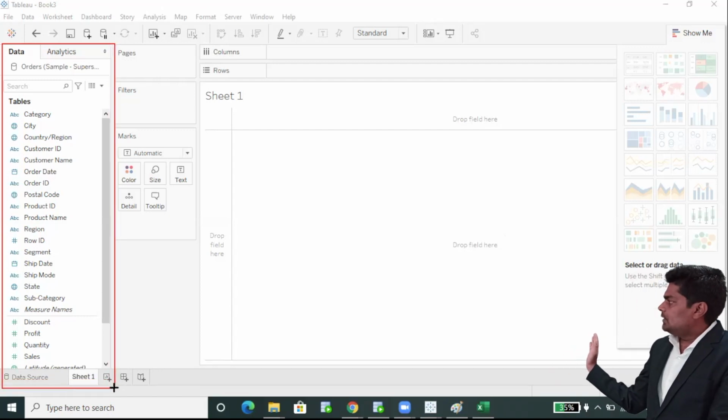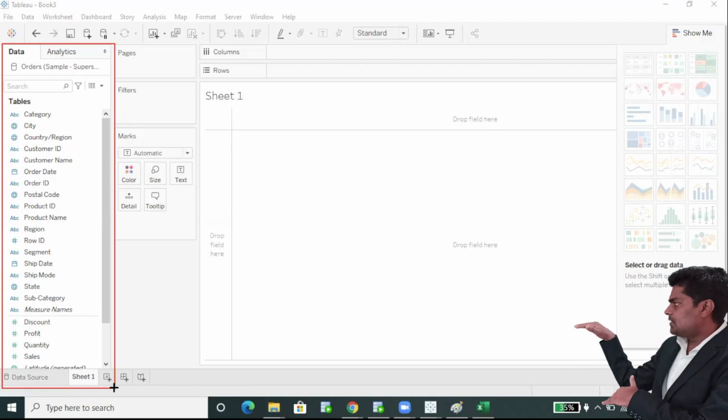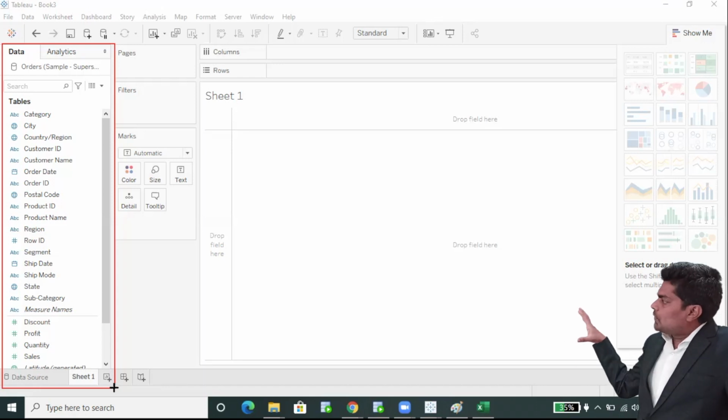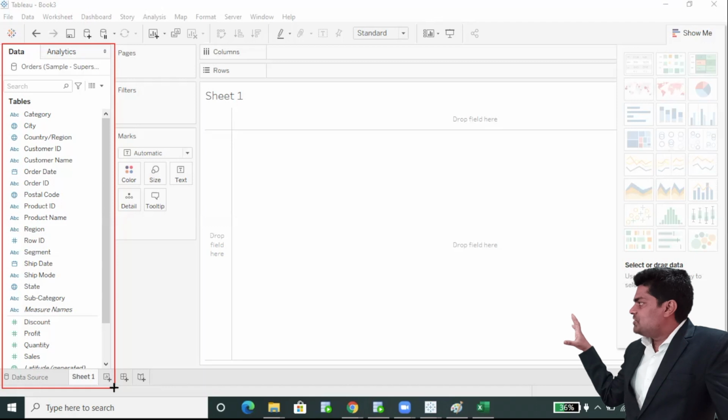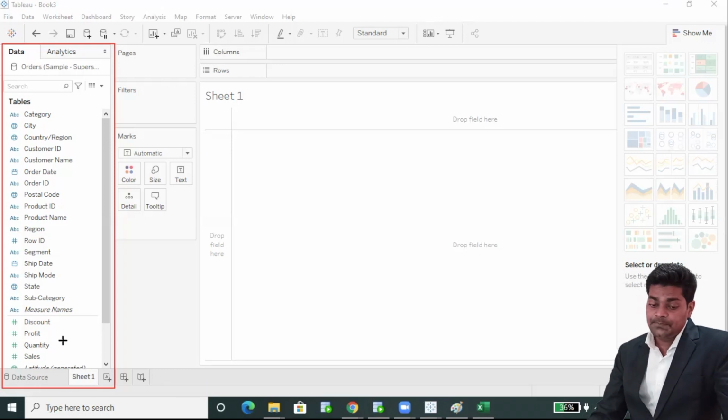In earlier versions there were different panes: one for dimensions and a second one for measures. But now they are merged, so dimensions and measures are together.